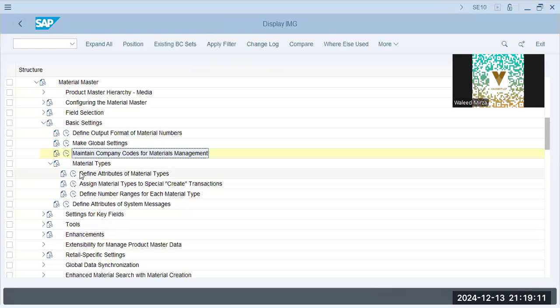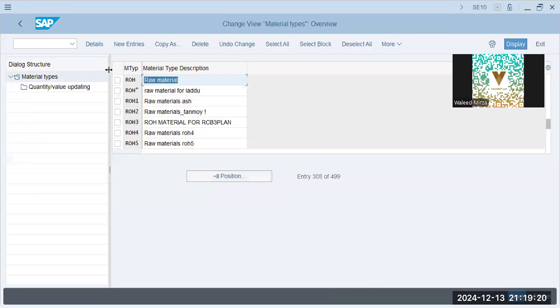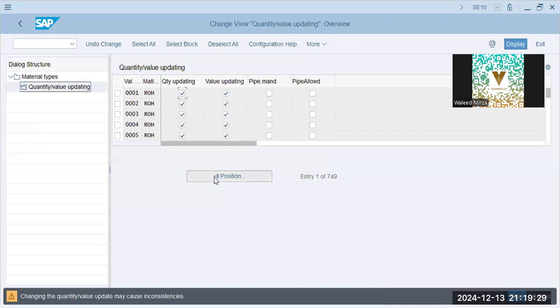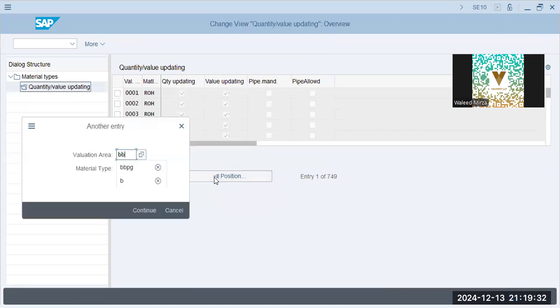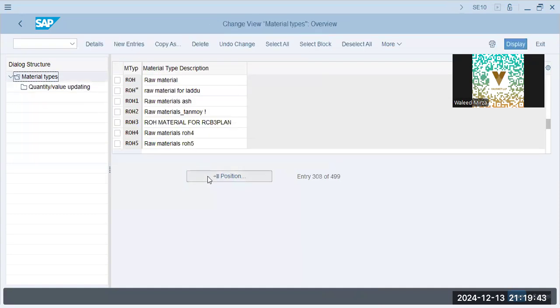Attributes, we have already done this. Let's check. ROH, material type, quantity value updating, BBPG. Valuation area is always a plant. Value updating and quantity updating are already configured. Okay, now comes